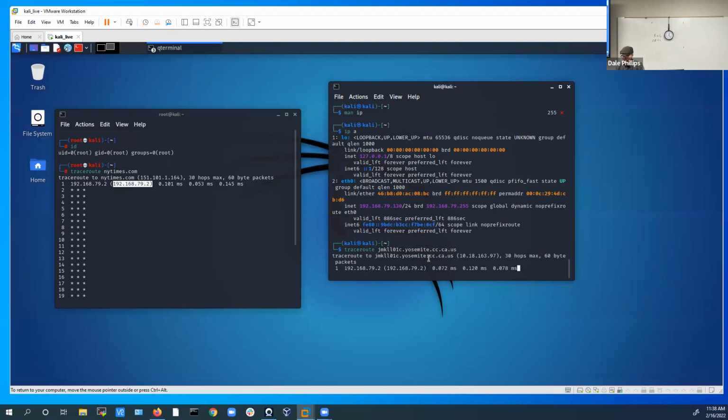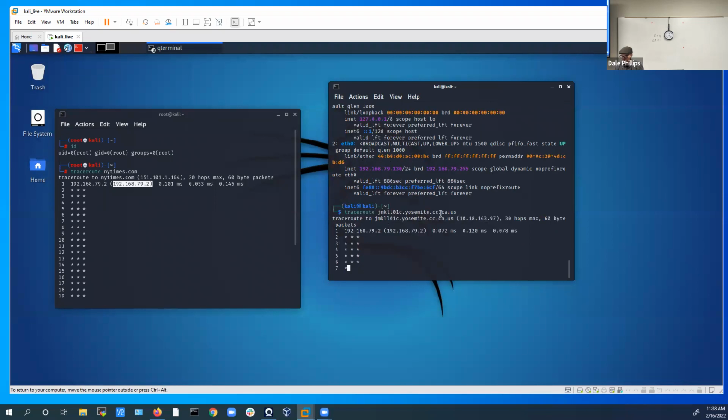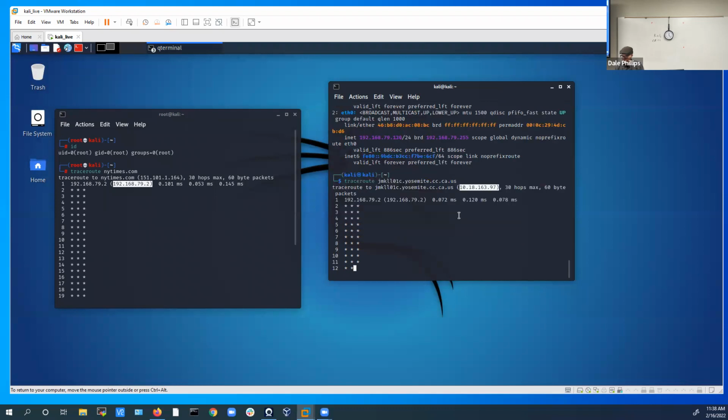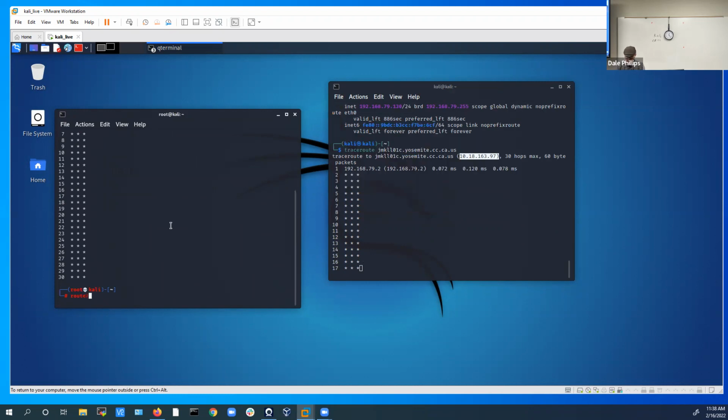It may die on me. Oh, no, it returns. Okay. So it is getting to it. There's my information. Now, if we do man on traceroute,